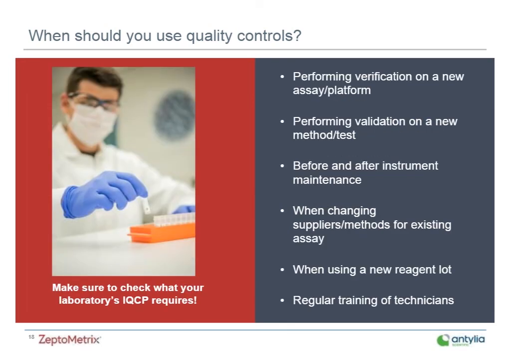So your QC plan really should include considerations like manufacturer's instructions of the test that you're running, the quantity of tests being performed in the lab, and how often reagents need to be ordered, for example. That's just a few of the considerations.